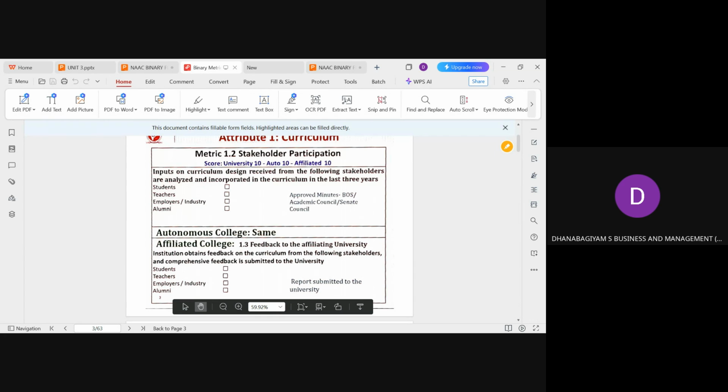Alumni feedback can also be collected for our syllabus, and alumni will be welcome to give their inputs. In such a way, we have to design our syllabus. When we design it this way, our syllabus will be more student-centric, and it will meet various parameters like NAAC policy. So from the beginning itself, we have to design a syllabus in such a way. And similarly, next,